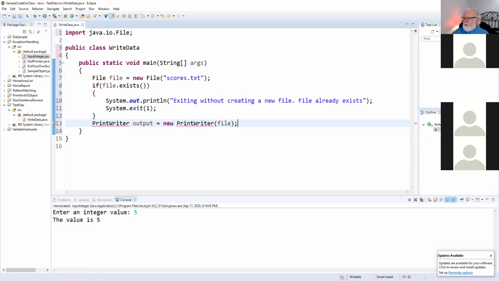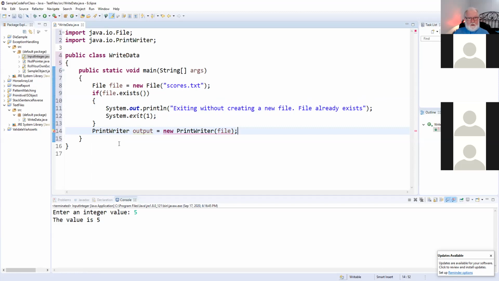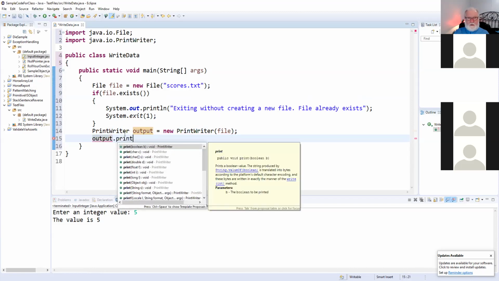Okay. Now, at this point, let me pull in what's needed for that. So I'm going to import PrintWriter. And this is giving me fits over here, and we'll take a look at that in a minute. I'm acknowledging this red X is here. I'll come back to it. Once this is working, then I can say output.print, and this is going to go right